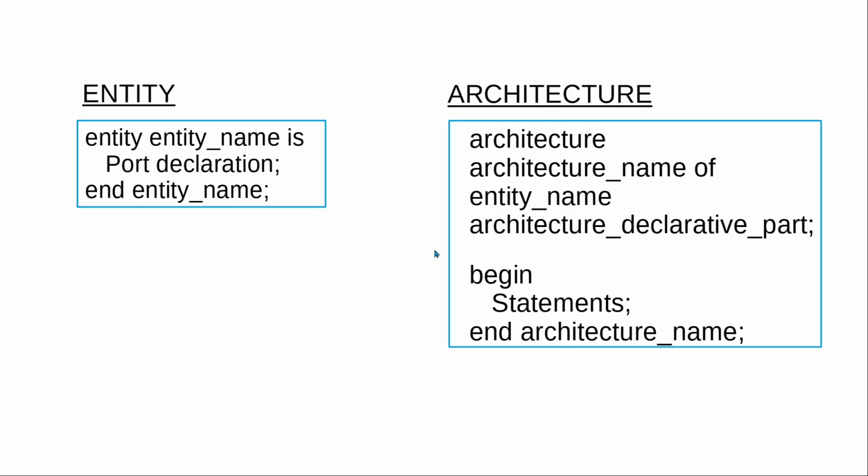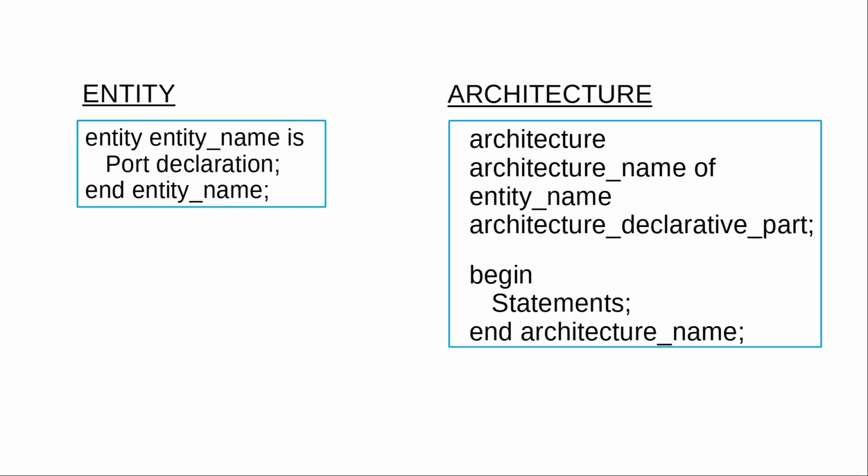In VHDL, an entity is used to describe the design. An entity is basically one unit of that VHDL code, and the entity defines the names, input and output signals, and modes of the hardware. The syntax of this entity looks like this, and with an entity we also have an architecture that describes the construction of that entity, what gates are used, how they interact with each other, and how they produce the output.